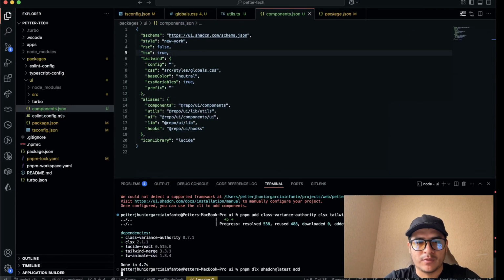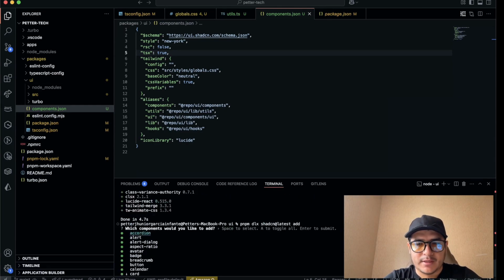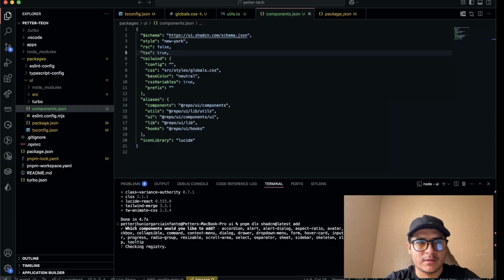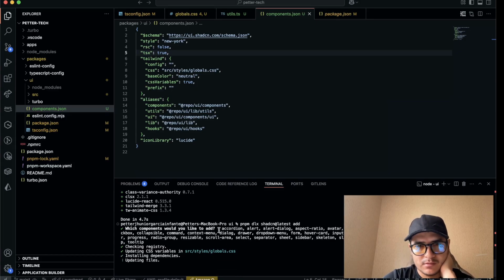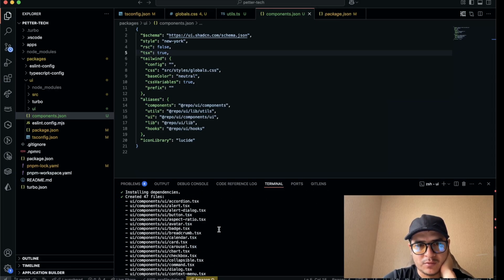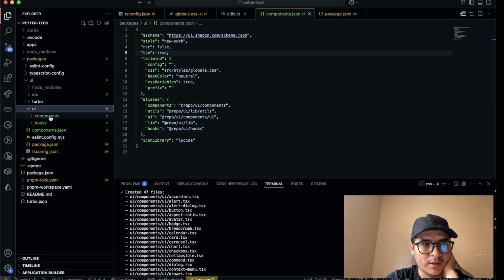Let's add all of the components here. We press A and let's see what it does. If it adds all of them, yeah, it's working. Okay, let's continue. Those are all of the components that the project added. So if we go here,